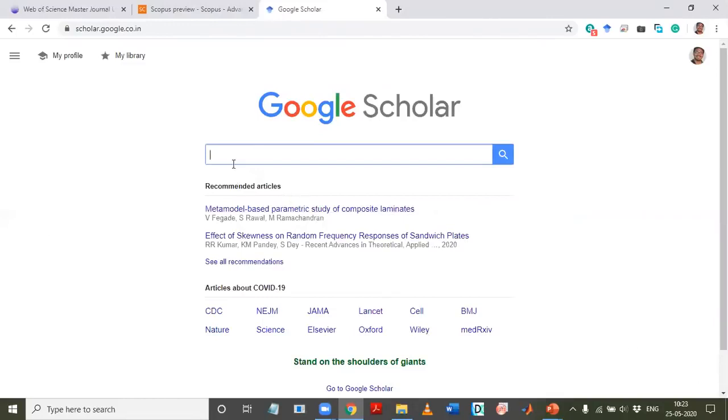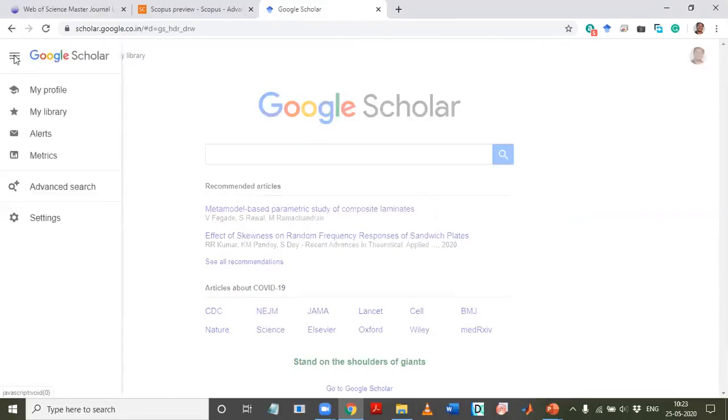After you have searched a number of papers here, it will even show you recommended articles based on your search history. In Google Scholar, if you click here, you can find My Profile, which shows the profile of the researcher who is logged in, and it shows something called My Library. In My Library, it shows you all the different articles or journals that you have searched. And this is the important part, called Metrics. So here, if you click,